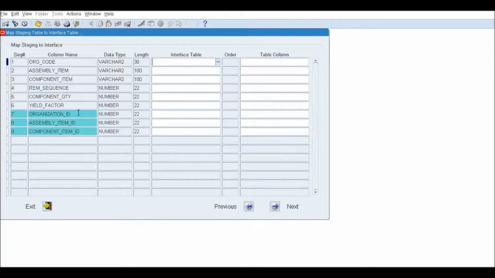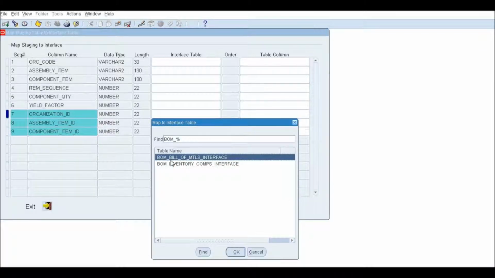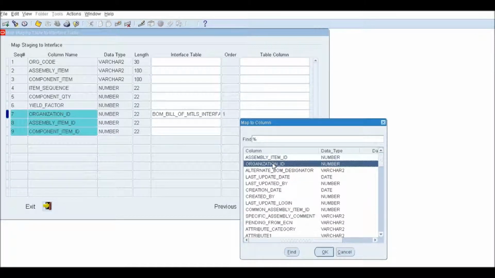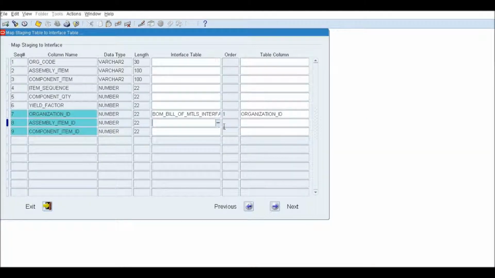And what I do next, what you see is it's added 3 columns automatically to my table now. And those are to store my derived values. So when I applied those 3 validation rules, it actually derives values for these ID columns. And this is where I map it. So I'm going to map organization ID to the BOM bill of materials interface organization ID, the assembly item ID